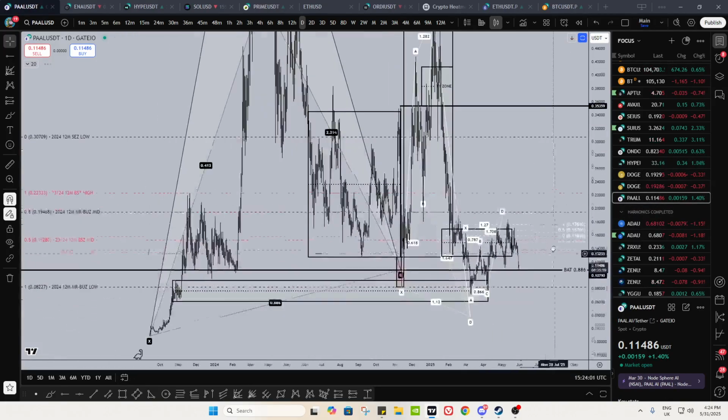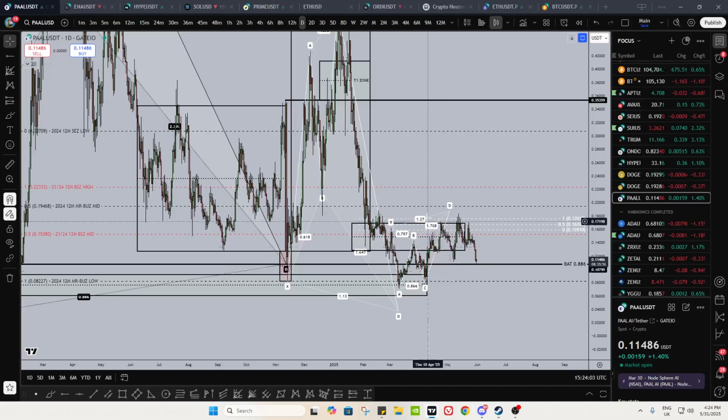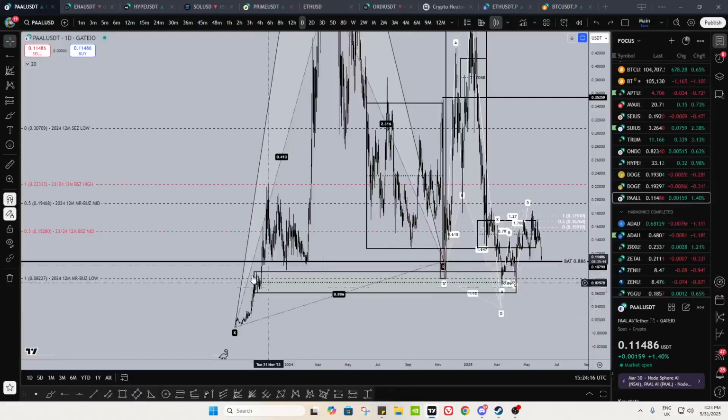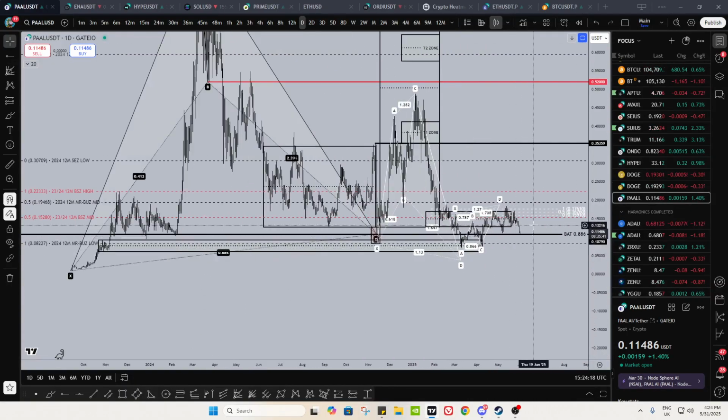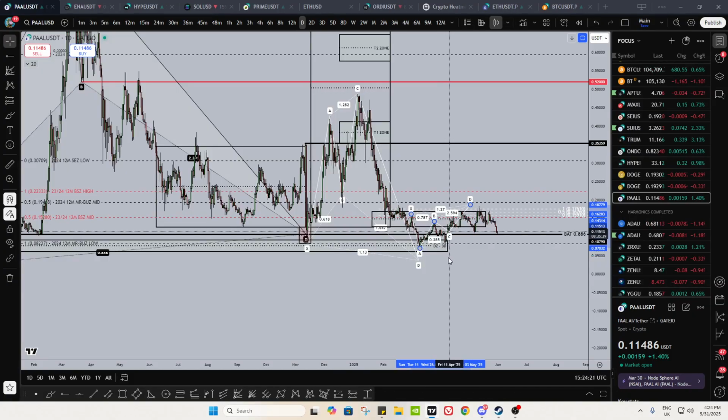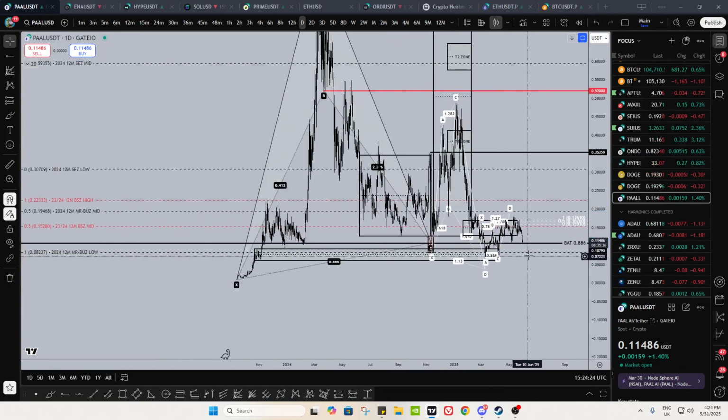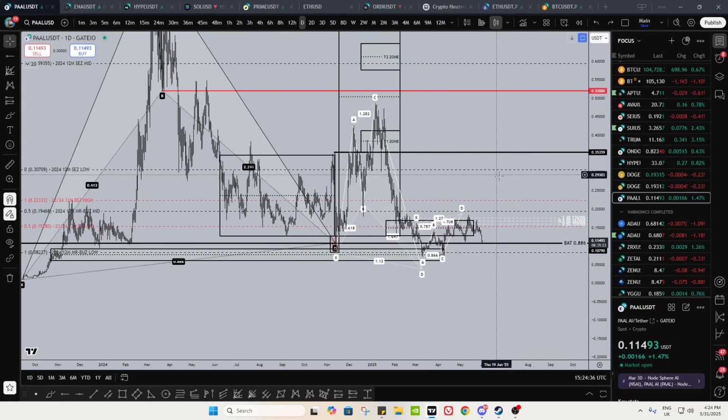And PAL AI bets above the macro 886, all is good, right? For PAL, literally, pretty much hit the butterfly. It's still valid, but we might not get it at this rate, so I'll leave it on. But PAL, as long as you're holding these range lows, it's just fine. Otherwise, I don't like how you've been chopping around here for so long. Otherwise, I'd love to see this 1.13 on PAL. That'd still be valid. 1.13 of the shark, right? So the 1.13, and then send it.